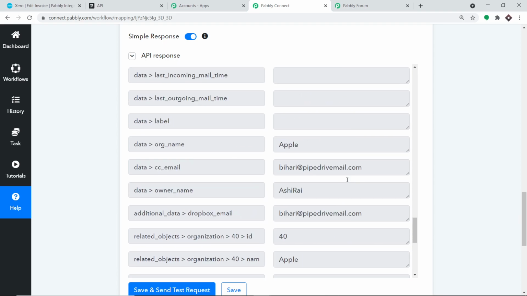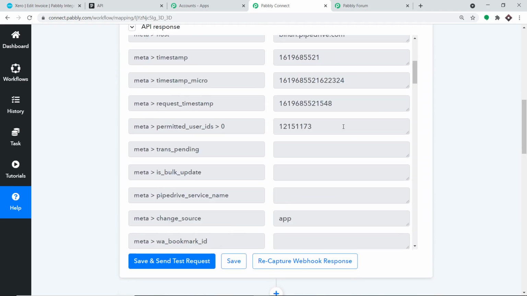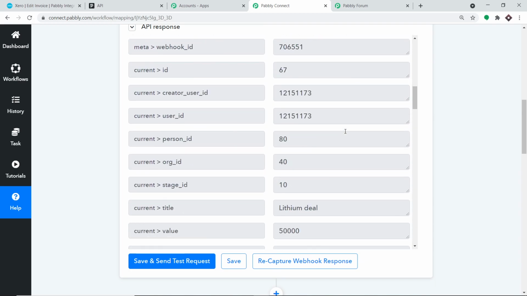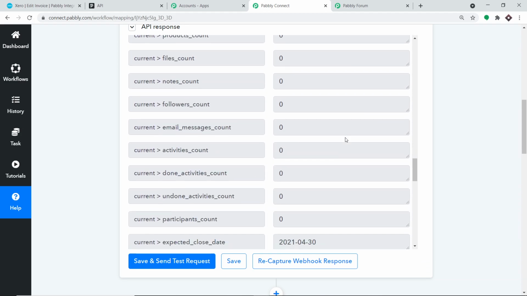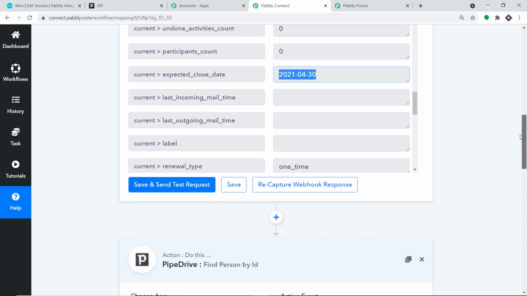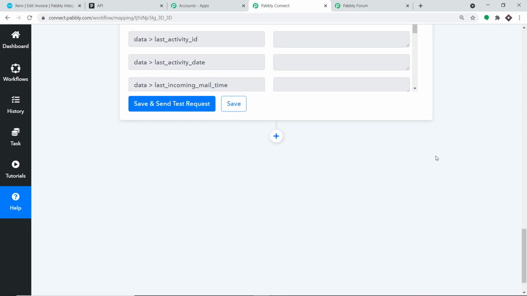Now there is something else we actually need to create an invoice. That is the due date. So let us explore where is the due date. The due date was tomorrow, right? So where is the due date? Yeah, we have the due date, that is 30th of April 2021. Today is 29th of April 2021. So the due date is the 30th. So basically using all these details, we are going to create an invoice in Xero.